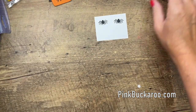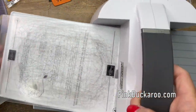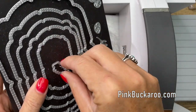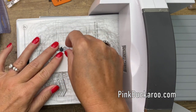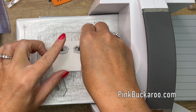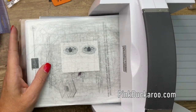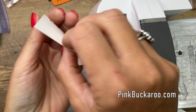All right, now we need to cut out our cute little spiders. So let's bring the cut and emboss machine back. One thing I really like about this die set is that for the little guys, there's 2 of them, so I can actually cut both of them out at the same time. There are some other little dies there that go with the other holiday stamps, Christmas, and there's hearts, there's little foliage, sprigs. All right, so get your spiders lined up. And run it through. Put your dies back so you don't lose them. And I think we're ready